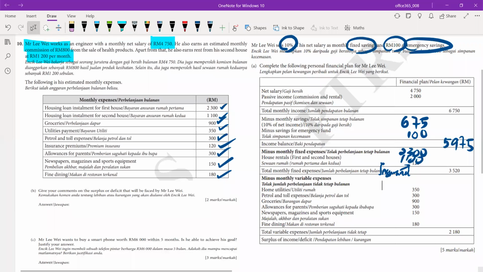You minus. This one is quite simple, you just fill in the blank. Then you got no problem. So I want to ask you whether that is correct or not. Hopefully you got no problem with it. Okay, everything, the total income minus the saving, everything, right? You minus the fixed expenses, minus the variable expenses. What is that? Surplus, right? Lebihan, right? 275. 5 marks for you to fill up everything. So this is how you fill up the whole thing, right?